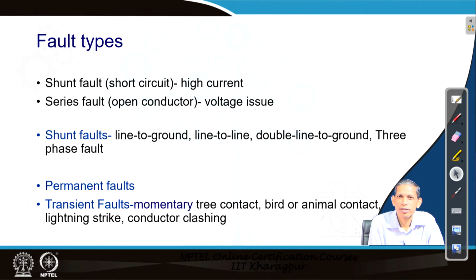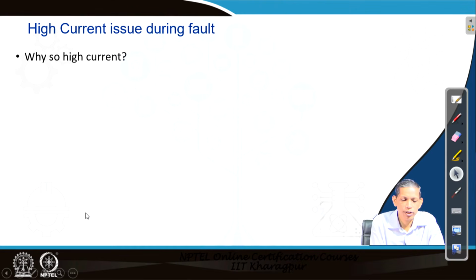Lightning strikes last only a period of microseconds, and during that time the lightning arrestor functions, and again the system becomes normal. But sometimes the lightning strikes and the insulators get damaged, that results in a permanent fault. So an event may result in a permanent fault or a temporary fault. Most of the faults are however transitory in nature, particularly in overhead lines, but in case of a cable, faults are permanent in nature.